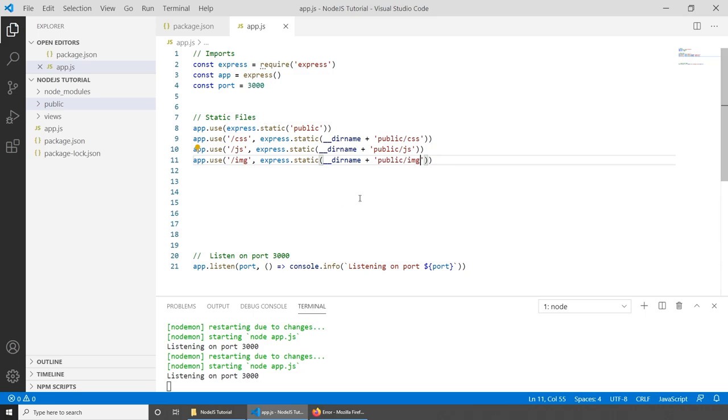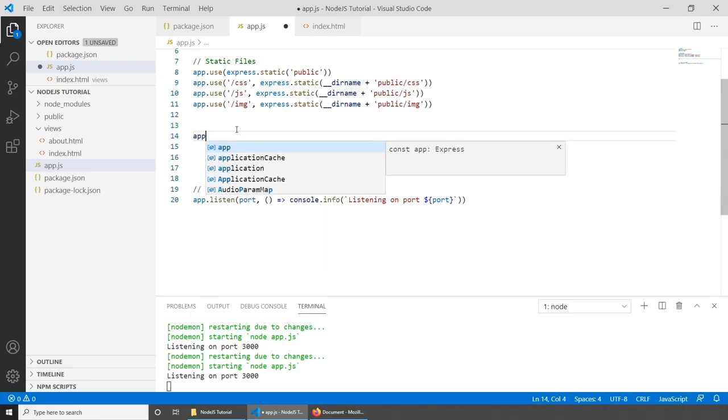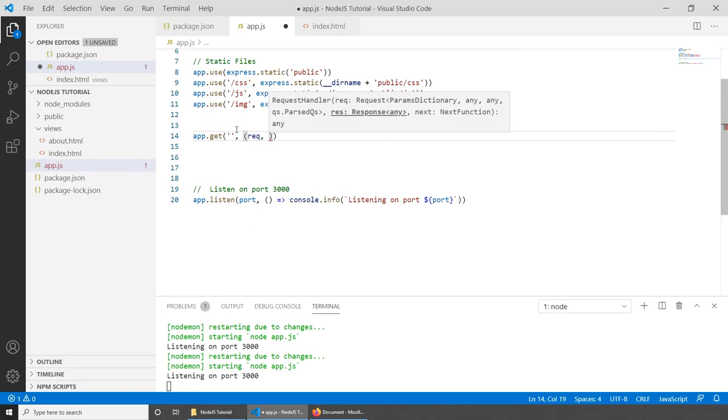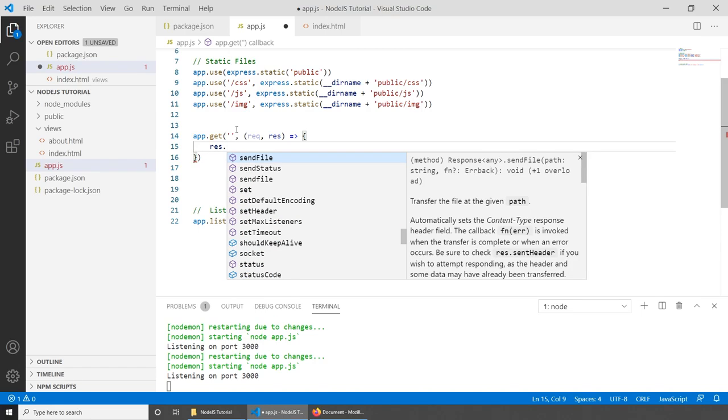Let's leave this for now, and let's now concentrate on the views. So first of all, let's have a look at how we can display the index.html and the about.html, and then I actually want to convert them to EJS, and I will show you how to do that as well and display the EJS files. So first of all, to display the index.html, we can simply do app.get. We can leave this as empty. Then we need to do request and then response. Inside here we need to get the response and sendFile